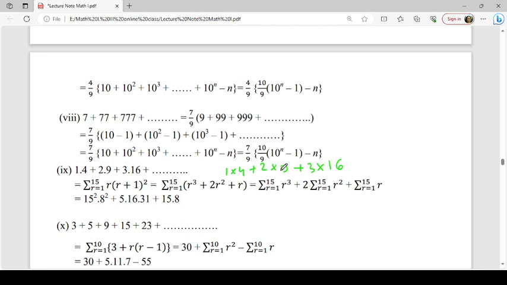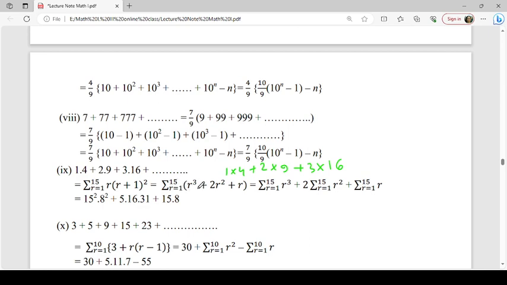4, 2 plus 1 square, this is 1 plus 1, it is 2 square, this is 3 square, it is 4 square, so it is 3 into R plus 1 whole square. This is the general value, so R into R plus 1 whole square, and we are adding from 1 to 15 terms. After simplification it is this one, and we know the value of summation R cube when R are natural numbers,